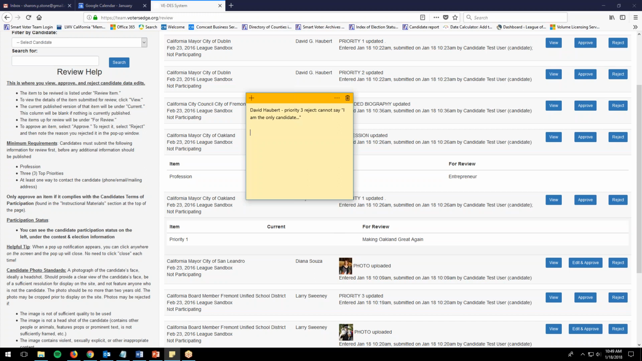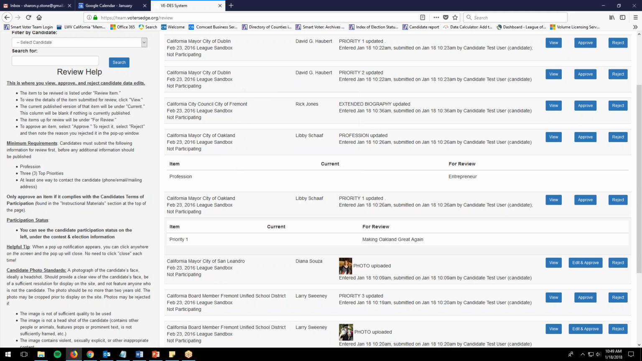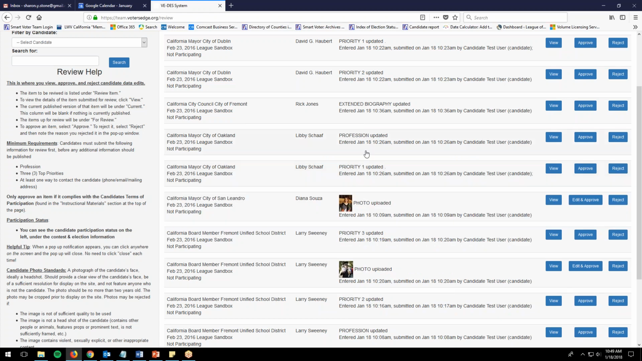So I'm just going to write on my notepad again, Libby, what is her last name? Schaff. Email her to let her know she needs two more top priorities. And then, you know, we can email these at a later time. So her information doesn't get rejected or approved, it just lingers here again, and we wait until she gives us